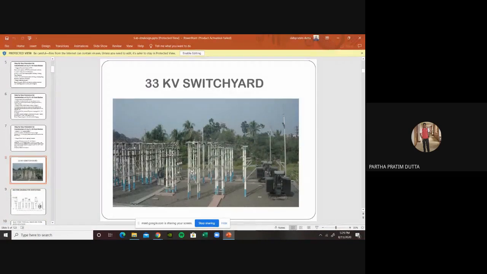This is a 33 kV switch yard I usually show you. This is a 33 kV switch yard, and this is the lighting system. Lighting system, not lightning system. Here the lightning mast is not shown. Rather we use the wires where the lightning protection shield is being used, and these are the power transformers. And from there you see the LV side, there are cables which are carrying the 11 kV power to the control room, and in the control room there are 11 kV switchgears and the control panels. From there the 11 kV outgoing feeder emanates from the substation.